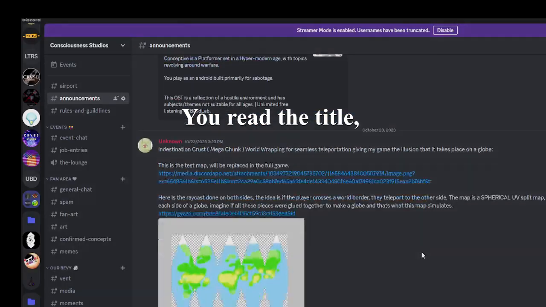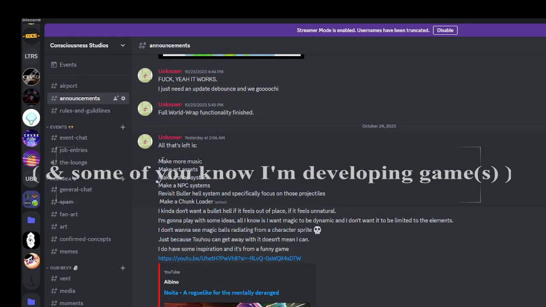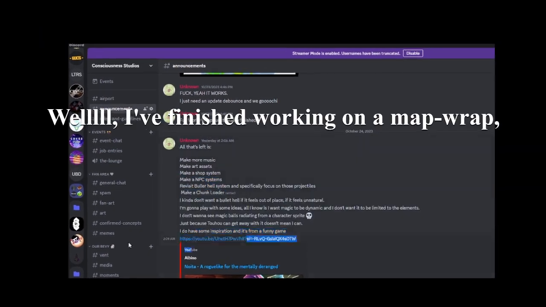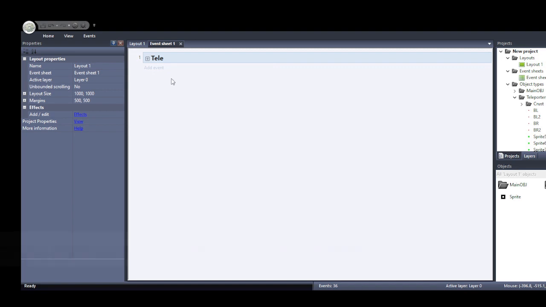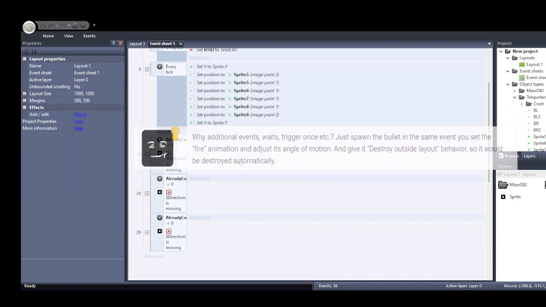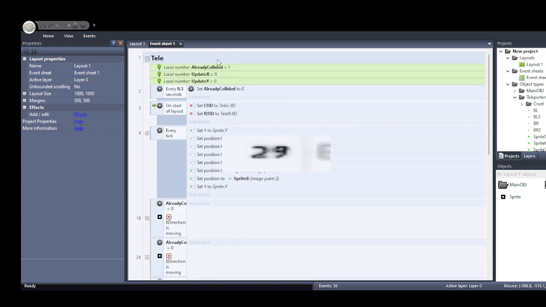You read the title, you already know this is a devlog, and some of you already know that I'm developing games. So what's poppin'? What's new? Well, I finished working on a map wrap, and either I'm stubborn or I seek to do everything myself. I managed through the thick and thin with some seriously unoptimized logic. However,